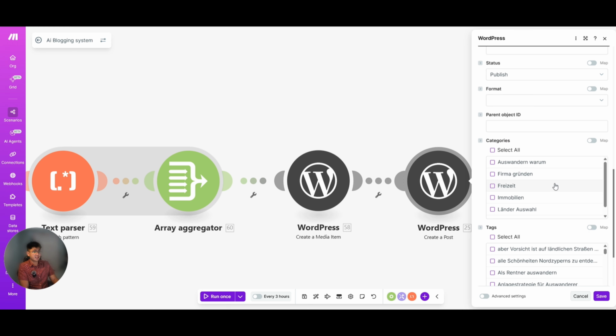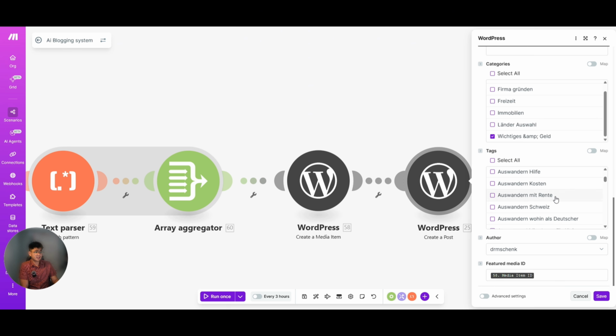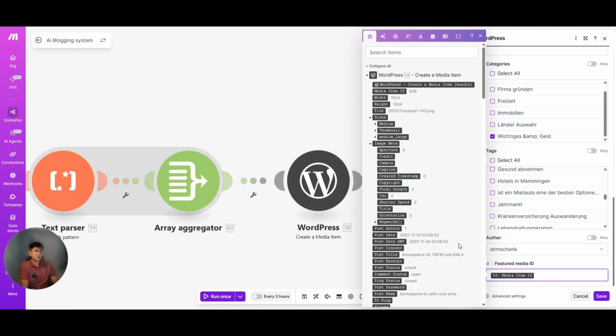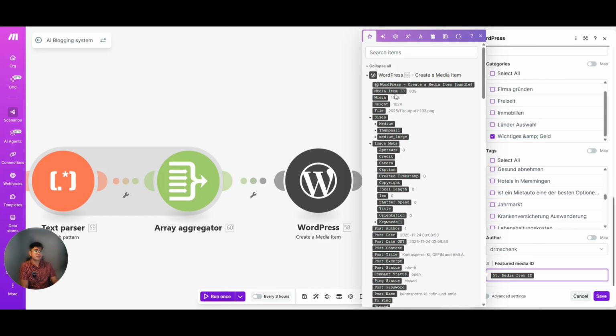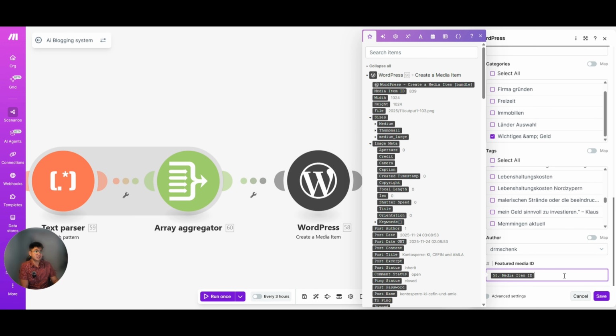And you can select the categories. In this instance, these are the categories, tags, and also the featured media, which we can get from this create a media item. This is the media item ID.